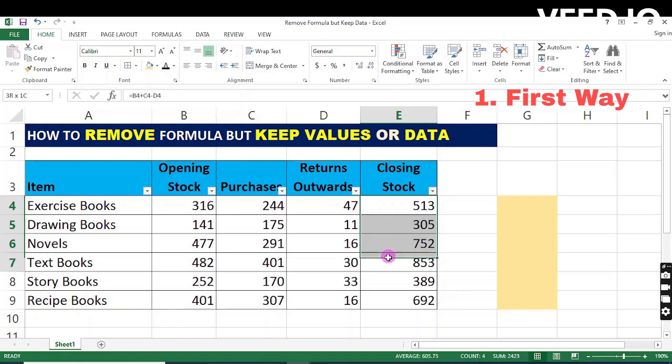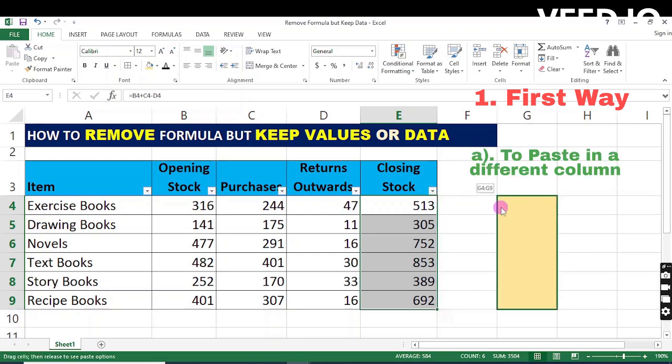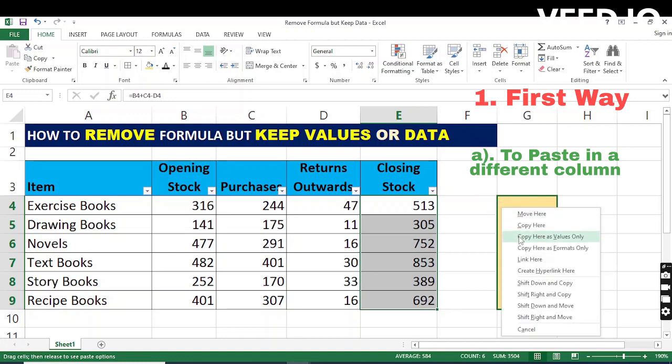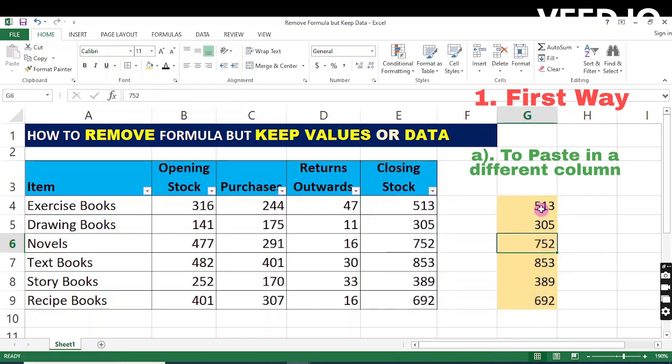So select the values, then at the top right edge, put your cursor there until you achieve a 4-arrow pointer. Then right click your mouse as you drag to the right until you reach where you want to paste your values. Release your mouse, and then these options will pop up. Then go to copy here as values only and click on it. So you can see our values have been pasted here and they have no formula, whereas the original